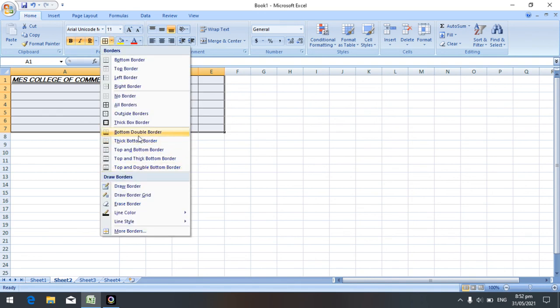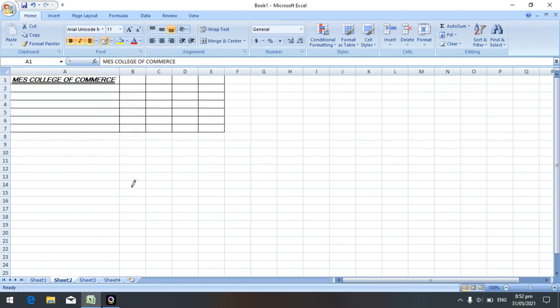That is bottom double border, thick bottom border, top and bottom border, top and thick bottom border. So whichever you want, you can use it. And also you can draw the border grids. When you select this draw border option, automatically your arrow mark changes to a pencil. You can easily draw it.